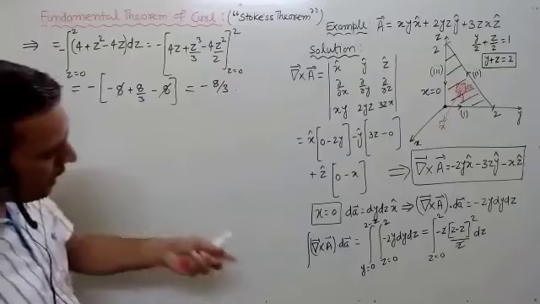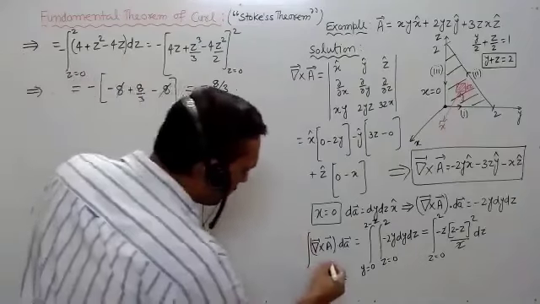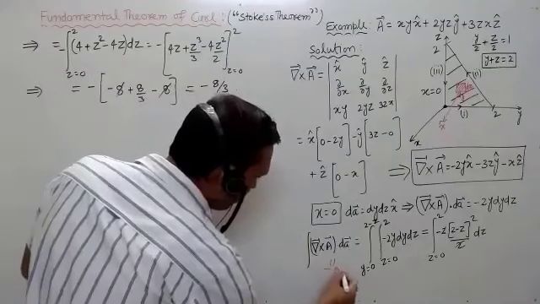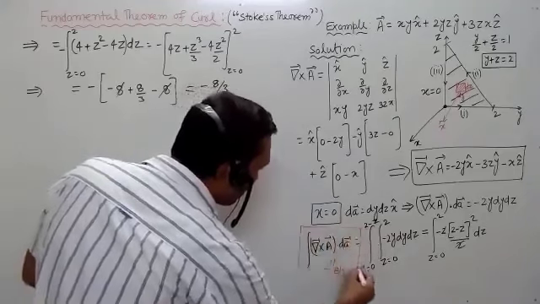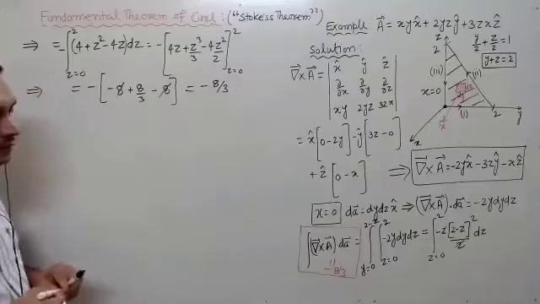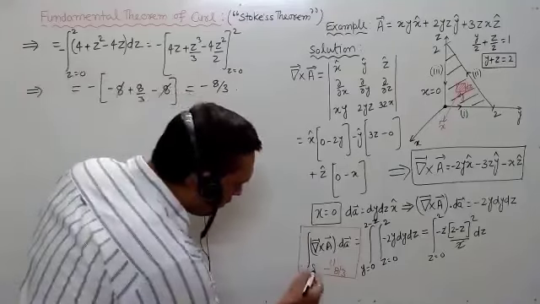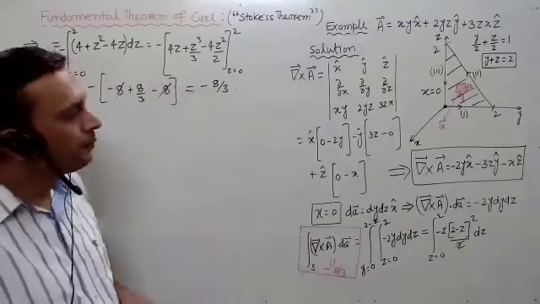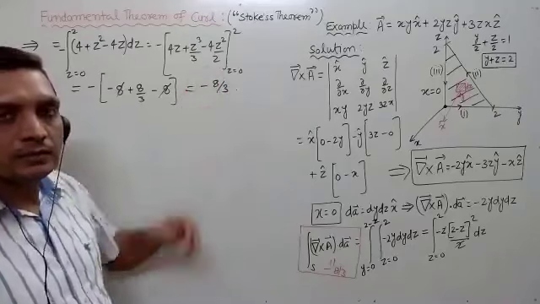So del cross A dot dA, this value is minus 8 by 3. You can see this will be minus of 8 by 3. Is it clear? Left hand side, surface integral over del cross A. That value is,